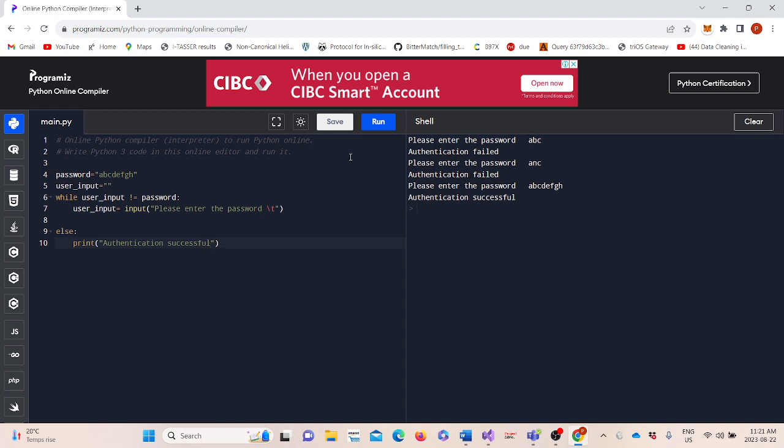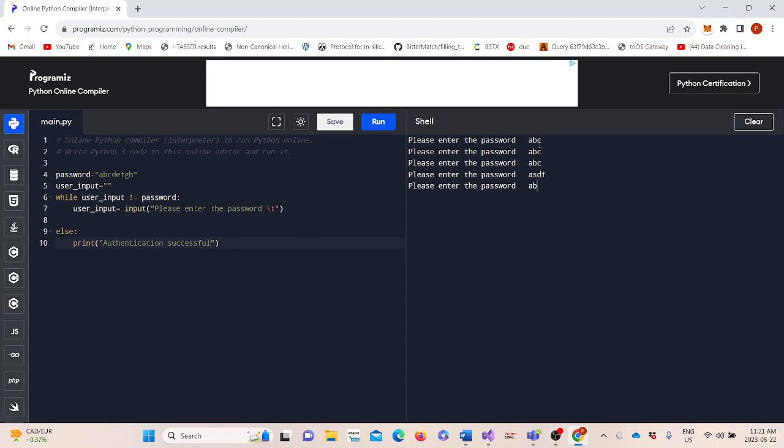Let's try this. Okay, ABC, ABC, ABC, ADE. Okay, and then ABCDEFGH. Great. So this is a case when the user has no limit of attempting